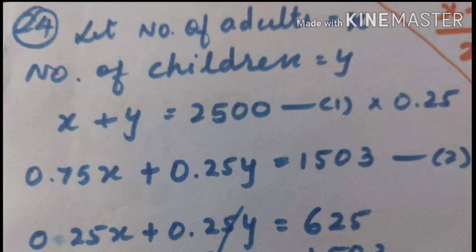So on the right side it is rupees, so we have to convert this 75 paise and 25 paise into rupees. For that, 75 divided by 100 we get 0.75 and 25 divided by 100 we get 0.25. So don't misunderstand, students, about where this 0.75 and 0.25 come from. It has come by converting our paise into rupees.